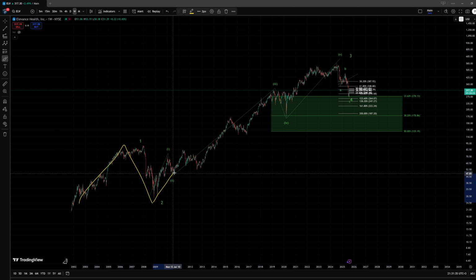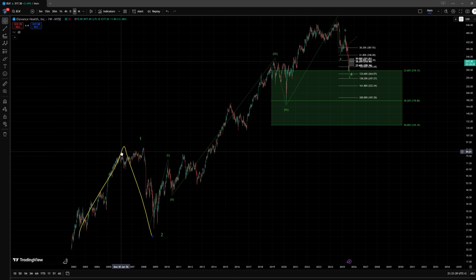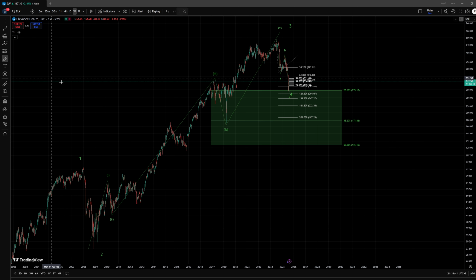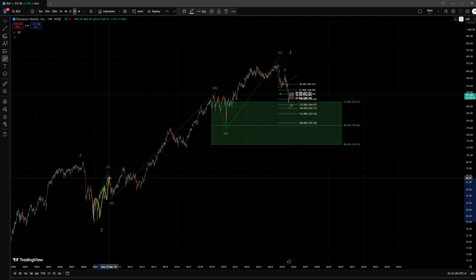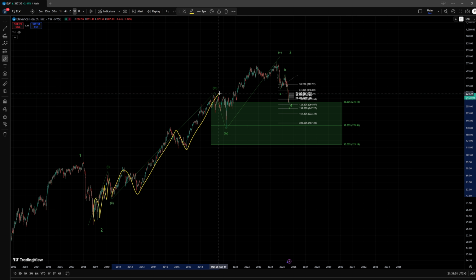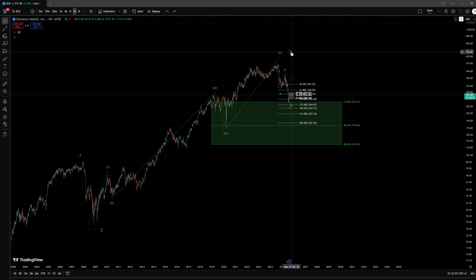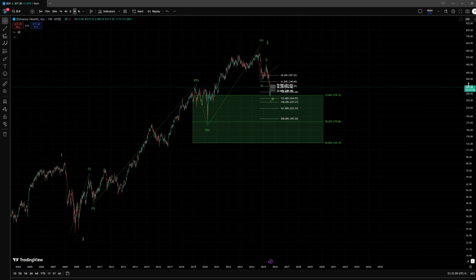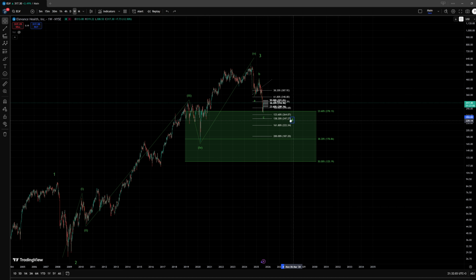then followed up with a complete third wave to the upside, very nicely formed, where each of the waves 1, 3, and 5 has a very nice structure where we can easily count 5 waves. Here 1, 2, 3, 4, 5. Here 1, 2, 3, 4, 5. And then in the fifth wave again 1, 2, 3, 4, 5. Very nice. And now, since we completed this third wave, we are looking to find support